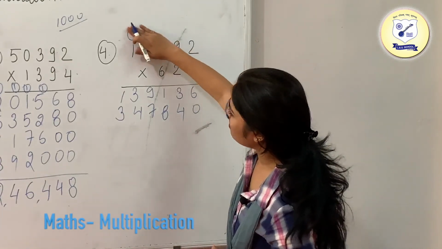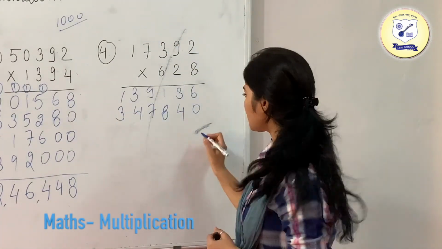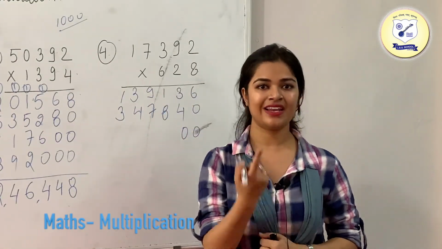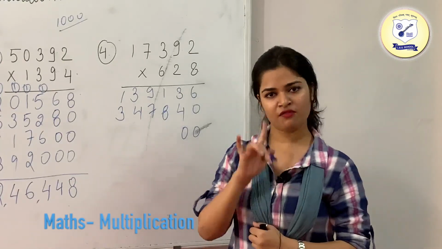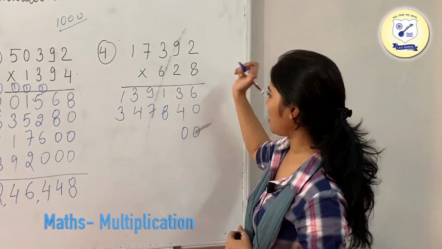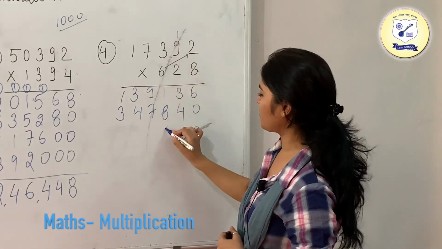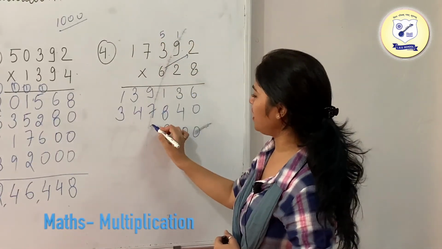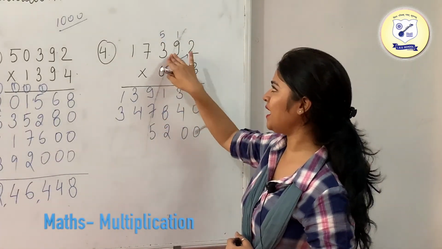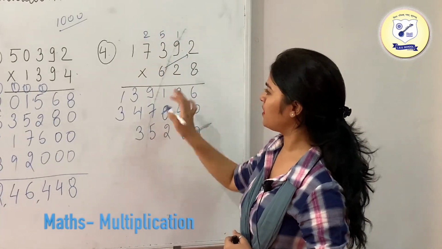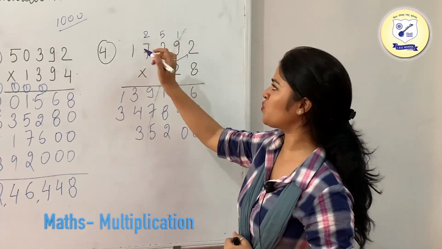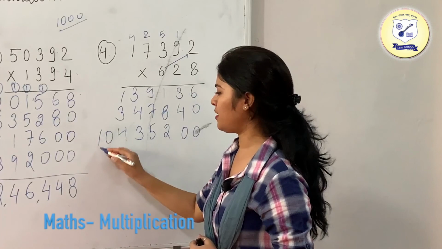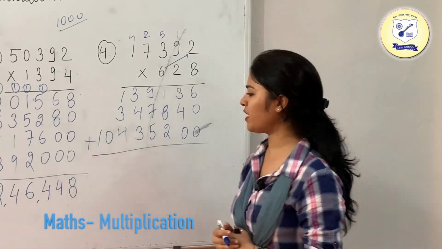Now we will move to the third number. Before moving to the third number, what we are going to do is just put 2 zeros. Since the place value of the third number is 100, and in 100 we are having 2 zeros. For that we will put 2 zeros. Now start multiplying. 6 2s are 12. 6 9s are 54. 54 plus 1 is your 55. 6 3s are 18. 18 plus 5 is your 23. 6 7s are 42. 42 plus 2 is going to be your 44. 6 1s are 6. 6 plus 4 is your 10. This is it. Okay, now add these numbers.